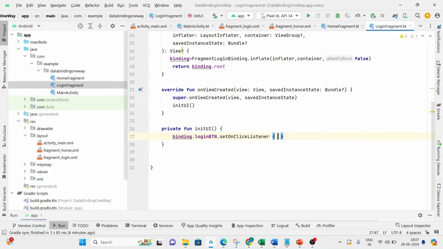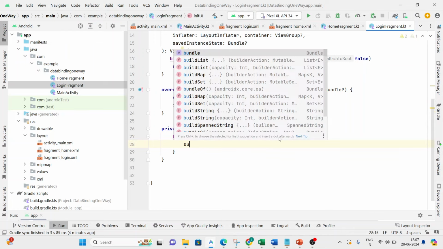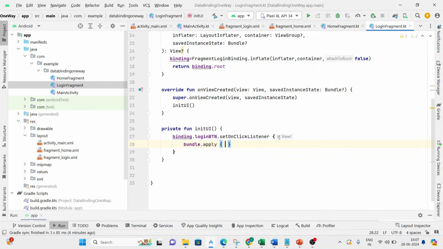On the click of the button, we will pass the data. Come here and I will pass bundle dot apply, and here I will pass the data